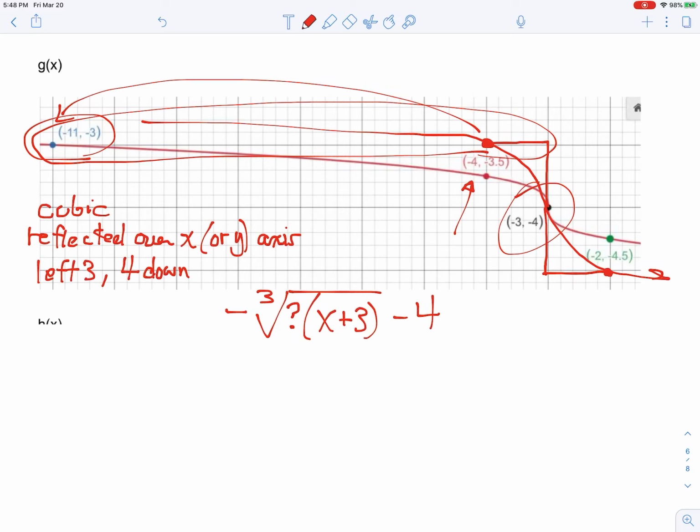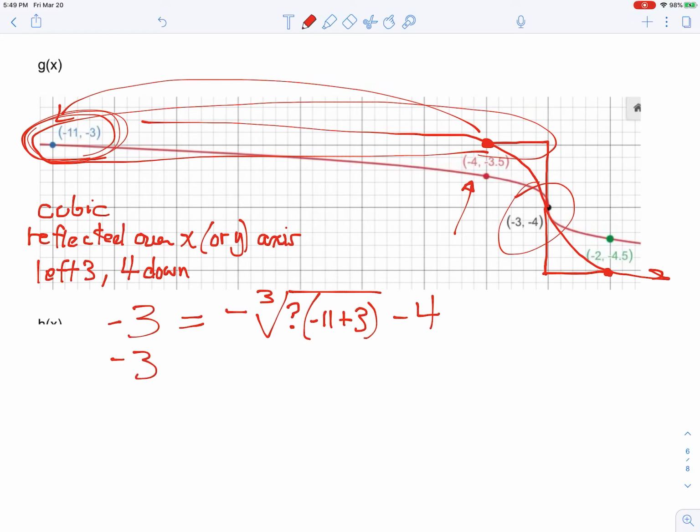And the fact that I know one point on there, (-11, -3), means that I can set this equal to -3, the y coordinate. And now instead of that x, I'm going to put in a -11, because I know that that point works on the graph. Now it's just kind of unwrapping that thing and